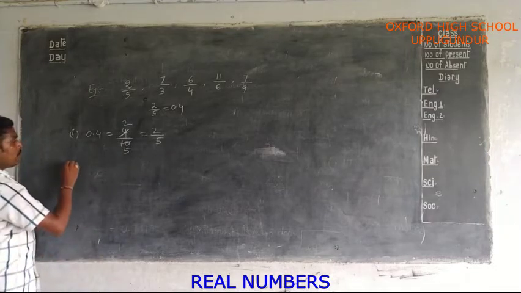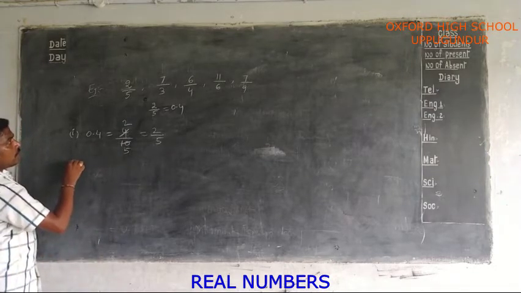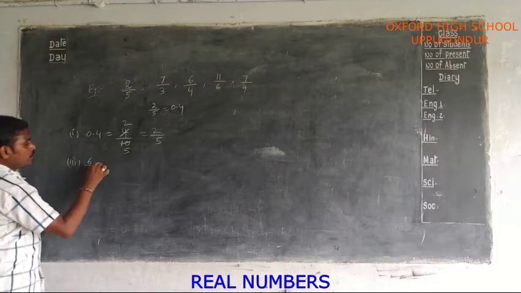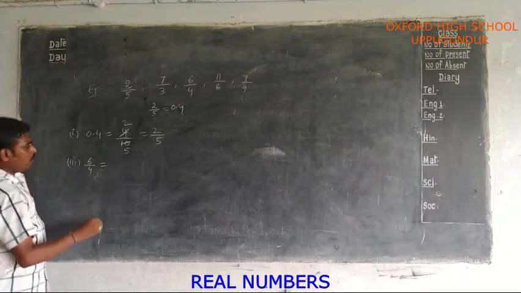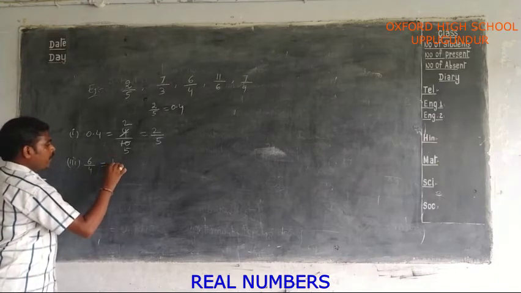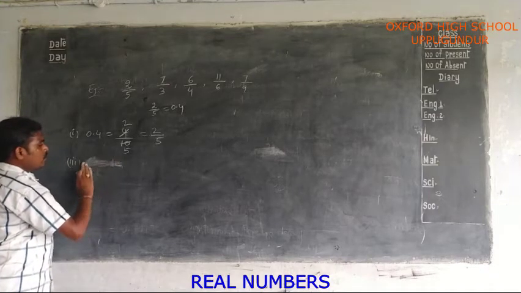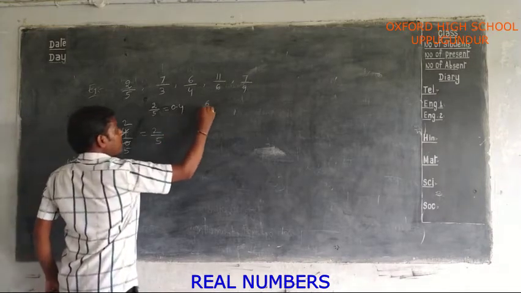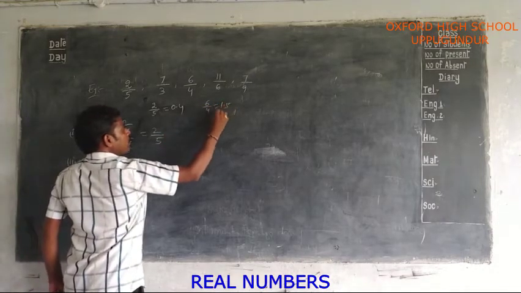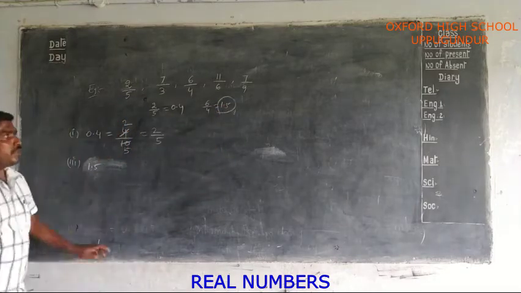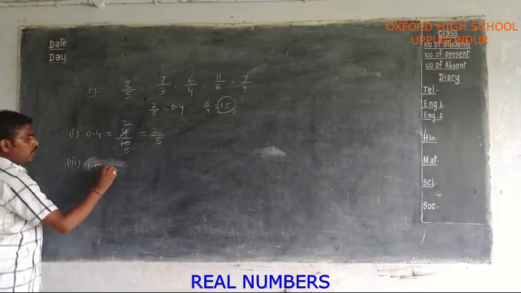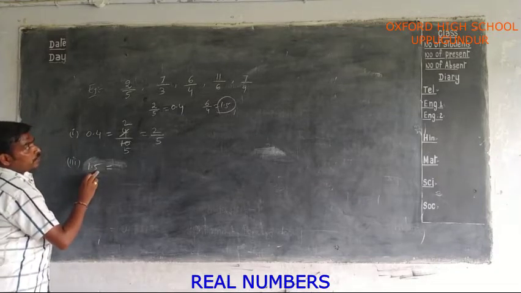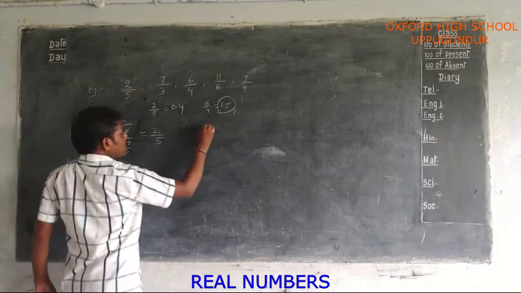What is the next terminating decimal you have? Third one is the next terminating decimal. That is 6 by 4. What is 6 by 4? 1.5. So decimal form of 6 by 4 equal to 1.5. From this you have to get 1.5 equal to 6 by 4. So how will you write 1.5? After point, one digit is there. So is it 1.5 or not? Once you have to check.